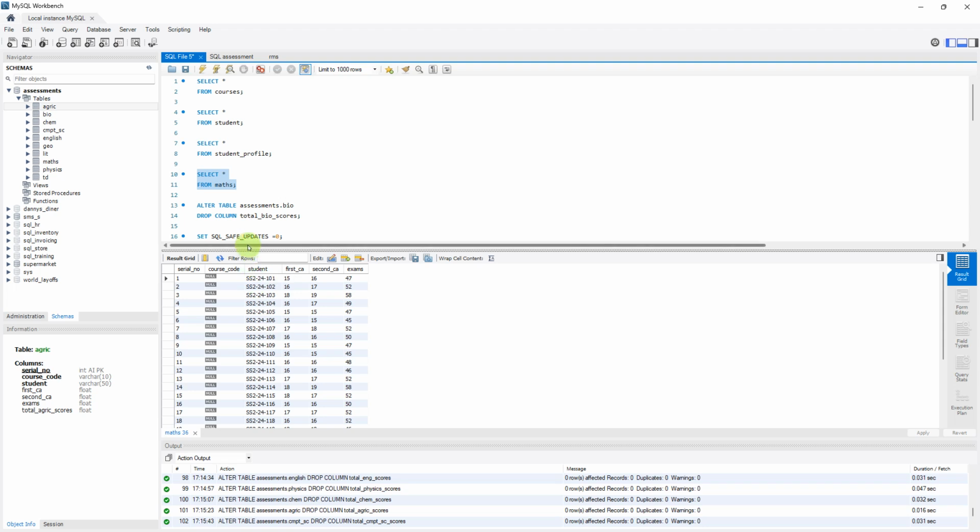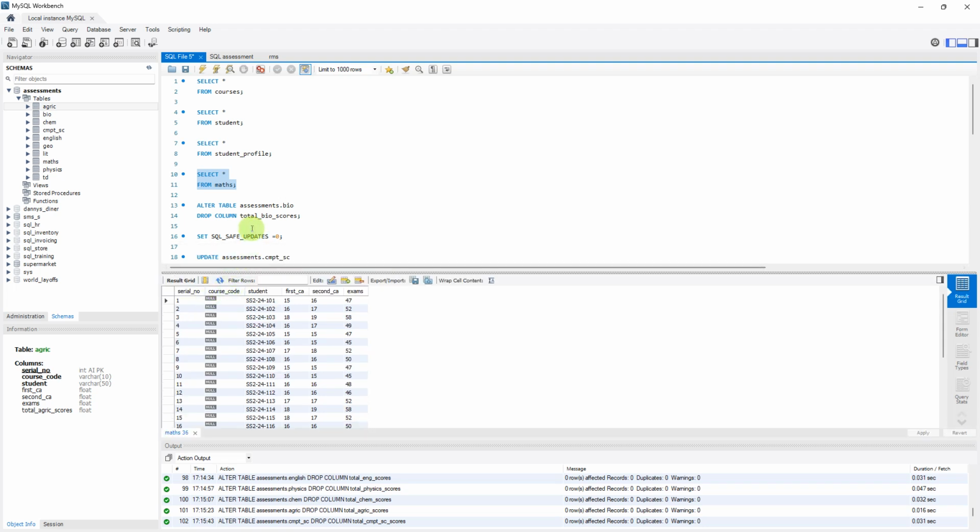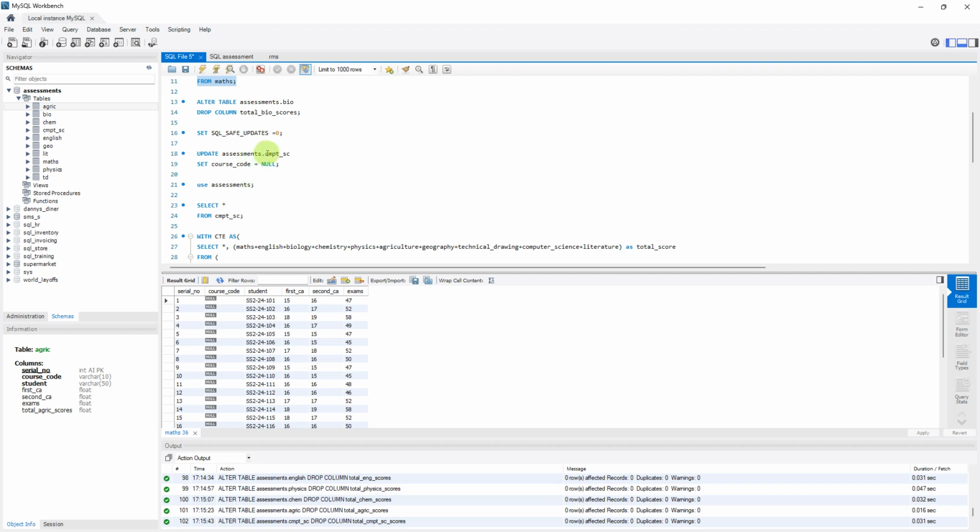So the next thing I want to do is to populate the course code. And what that will mean is I would just update my table using the update function in SQL. So let's try to update. I will start alphabetical in the order to which they are arranged on the table. So I would say